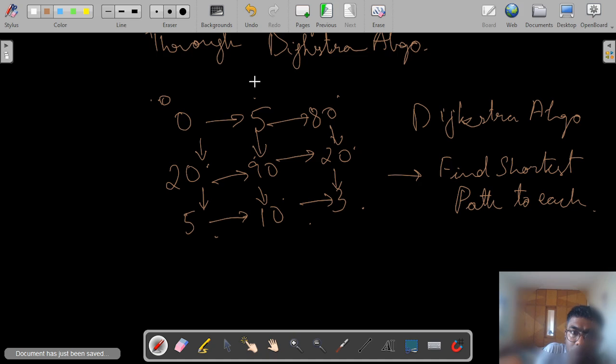And to travel to either the 0, 1, we might be needing 5 initially, and let's say I mark it with a different color. So I will say 5 initially and 20 initially. And to travel to this node, we might be needing 20 plus 20, and this takes